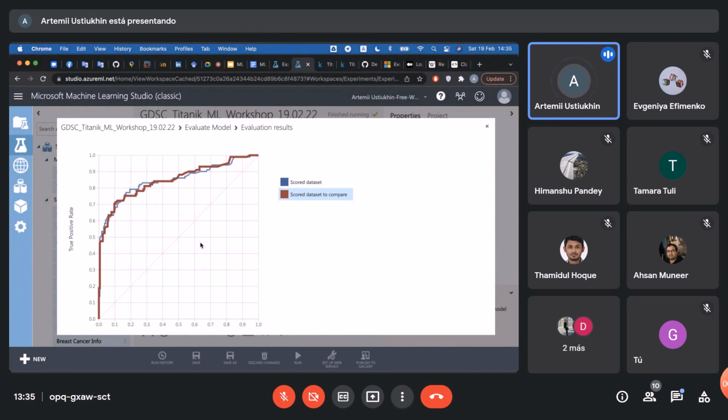An excellent model has an area under curve equal to 1, which means it has a good measure of separability, and it goes parallel to the left y-axis and top x-axis. And a poor model has an area under curve of 0 or near 0, which means it has the worst